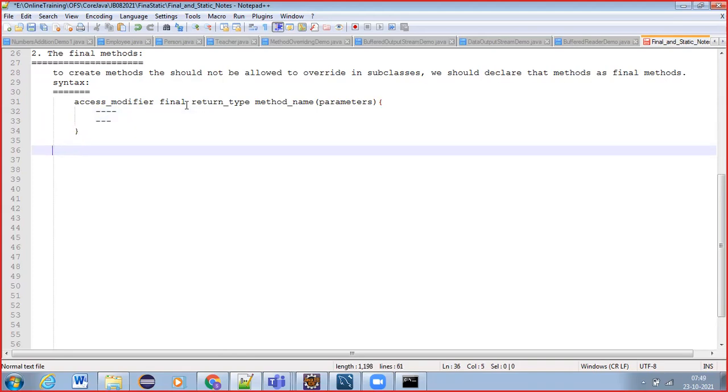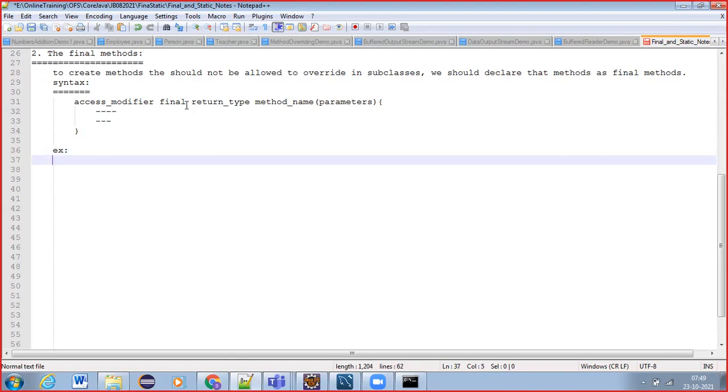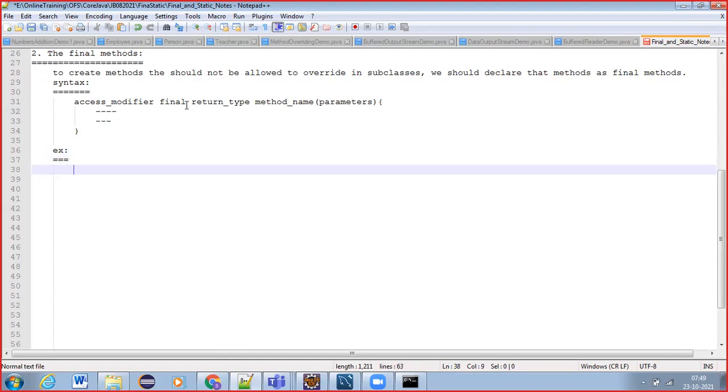Example, how we can write: access modifier, we can say public final, return type, like int or float or void, anything. Method name, like showDetails. Usually which method are we overriding? showDetails, right?